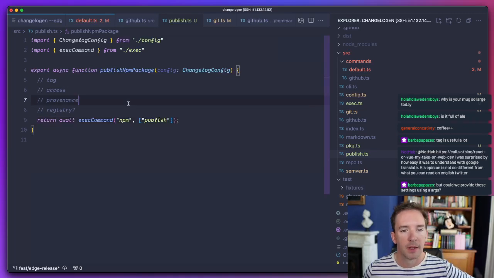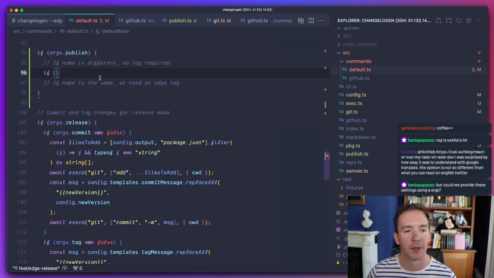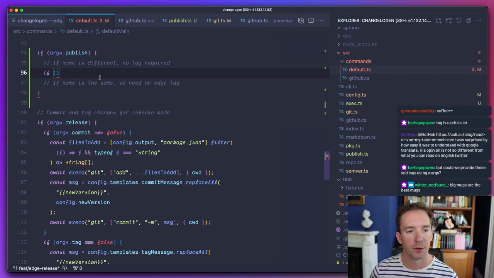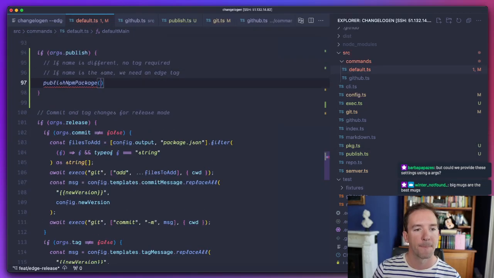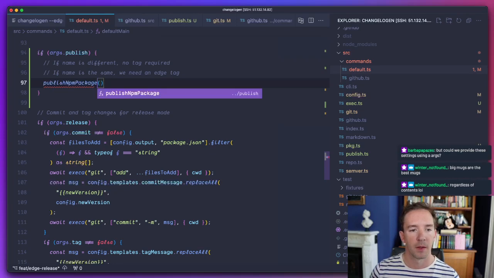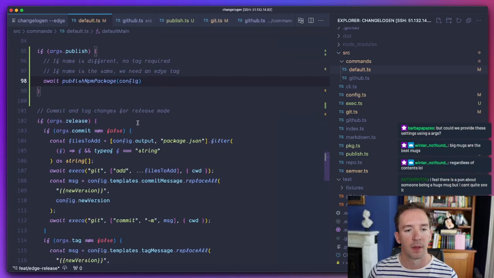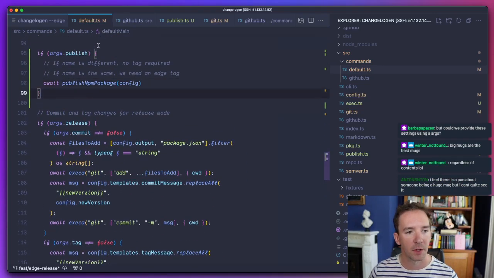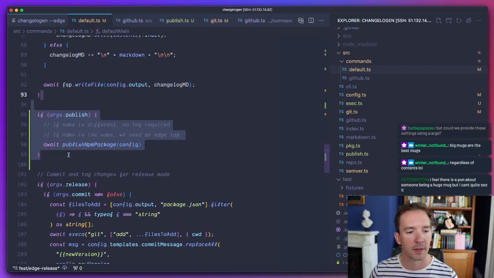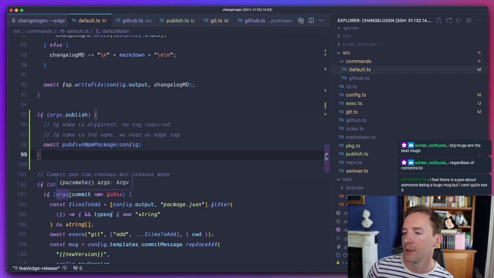Okay. I'm just sitting here looking at npm publish. I'm sure that we can make this configurable. But basically what we want to do is publish npm package, right? Like that. That's what we want to do. And actually we could stick this after args release. Oh no, I think we want to publish first, because then if it fails, it's not going to fail